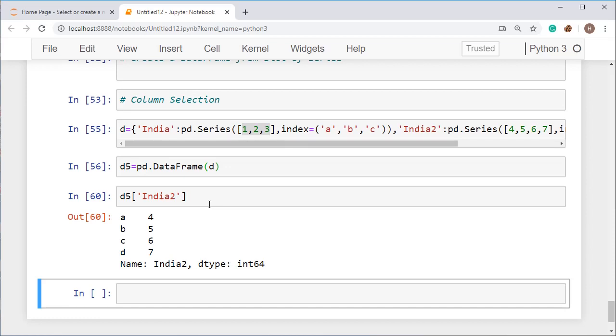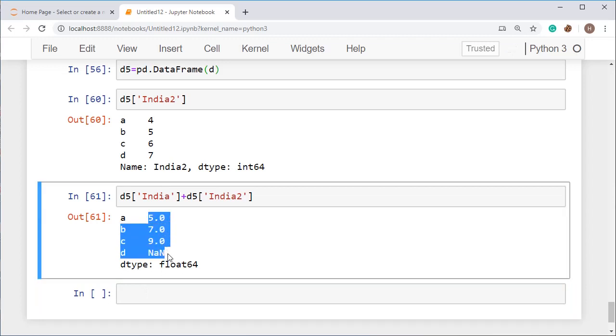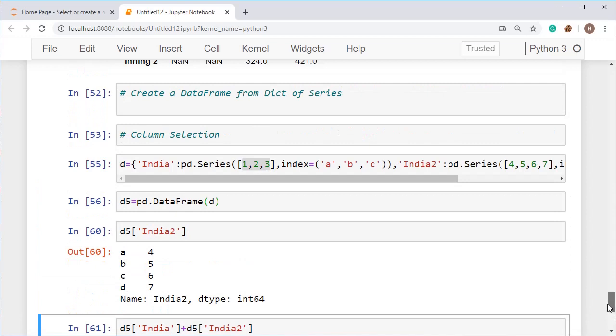Just perform like this, d5 of India plus d5 India 2. This will add the two columns. You can see the value has been added. Okay, and you can see that in D there is no value in the first one, and in the second one there is a value. That one is what?